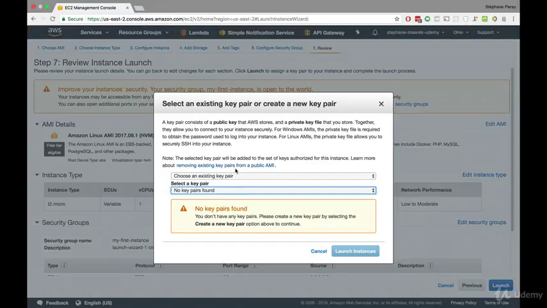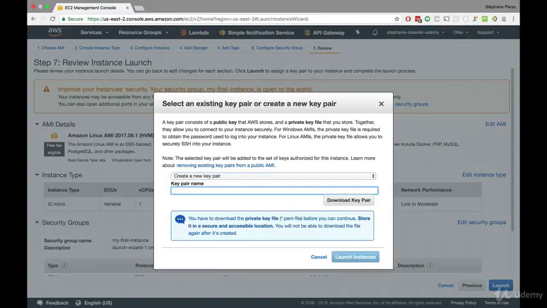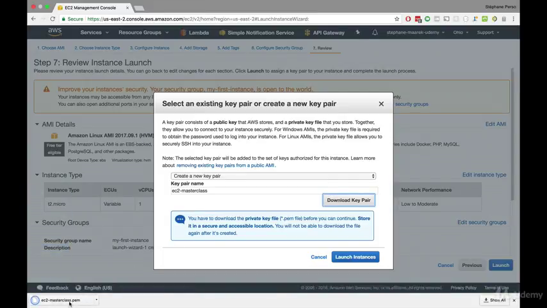So as you can see, I cannot choose an existing key pair because none was found, so I will create a new key pair. And this key pair I will name EC2 Masterclass. Okay? I will make sure to download the key pair, and this file that I just downloaded is mine and it's private. Okay? Never ever share it with someone. Now I click launch instances,